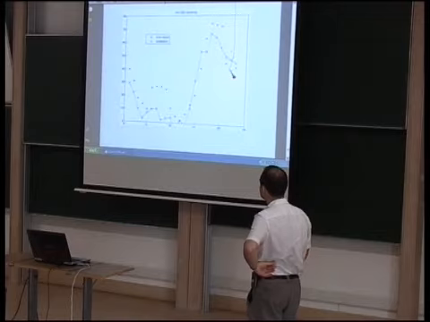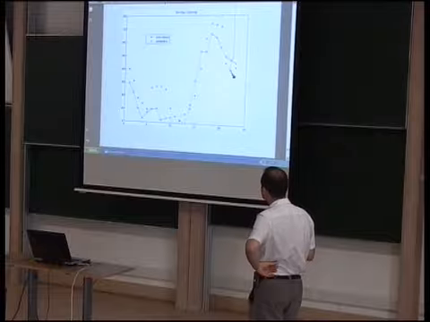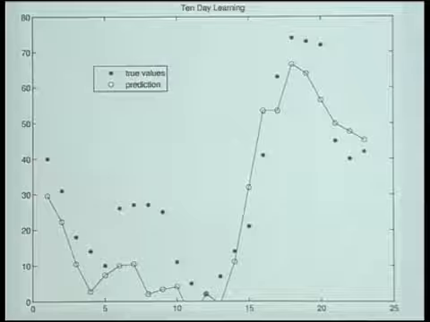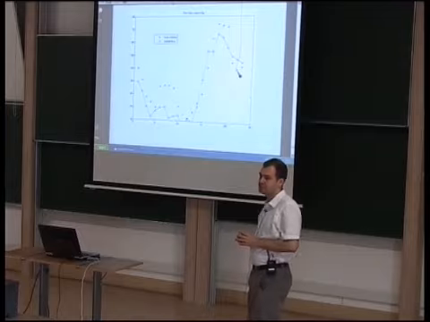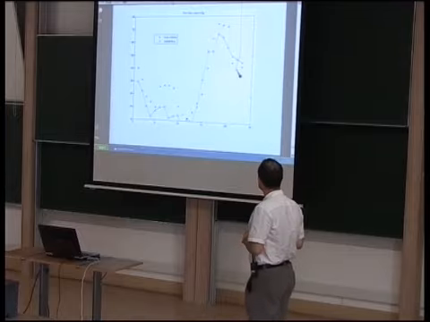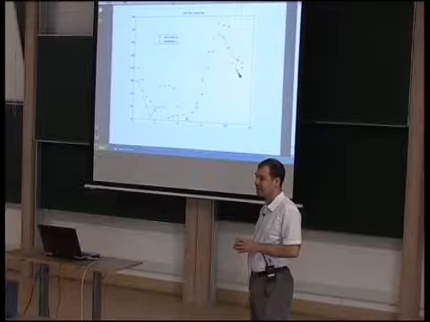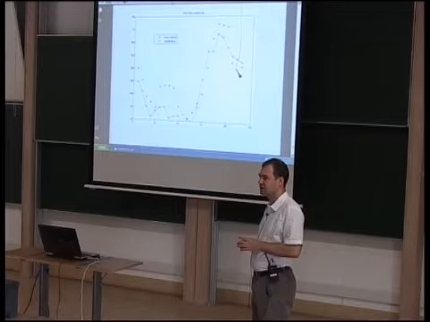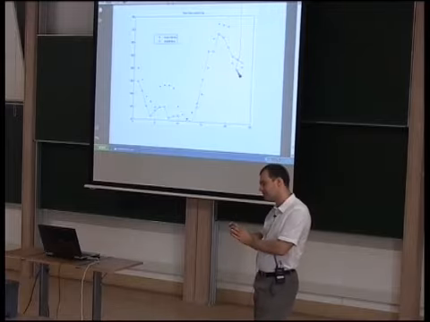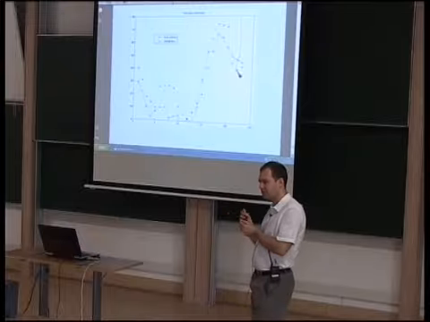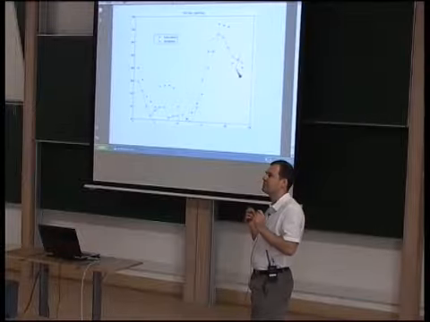Okay. 10 days learning. It's not the same day, obviously, but we used 10 days. You see, we missed many points here, and also we made predictions that are negative. It's not true that the ozone concentration can be negative. So it looks okay, but there's still a lot to do here, and we have to compare with other methods. We didn't do it. So 10-day learning means you took the 10 1 a.m.s previously. No, we build the estimate of the function in the regression that is of interest. We build that based on the sample size of 10 days.